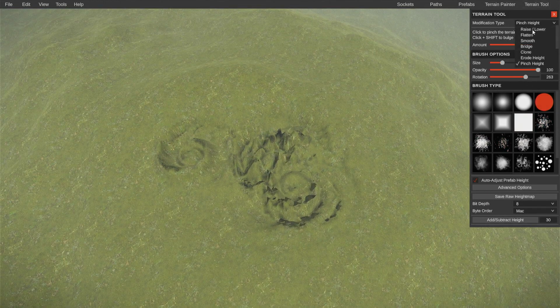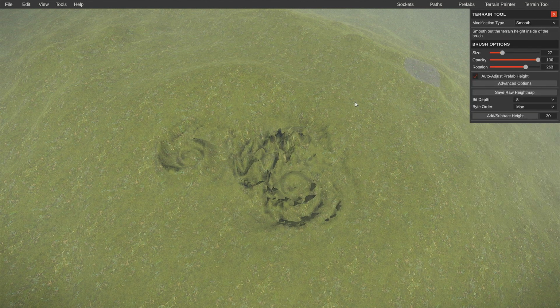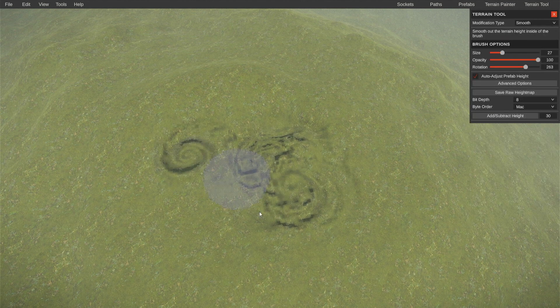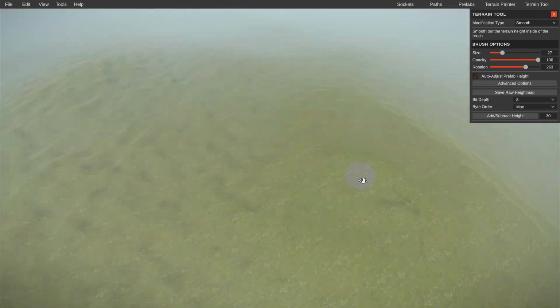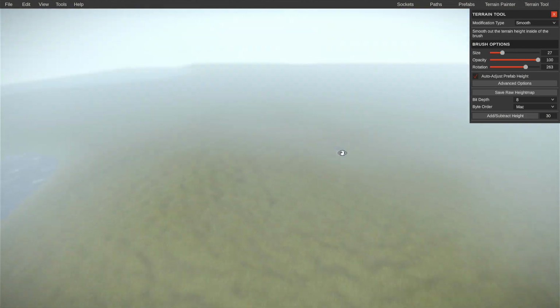But either way, I use raise, lower, flatten, and smooth. Those are the only ones I ever use. Use the brushes, and that's pretty much it for making your own custom height map. There we go. Get rid of that nonsense. And